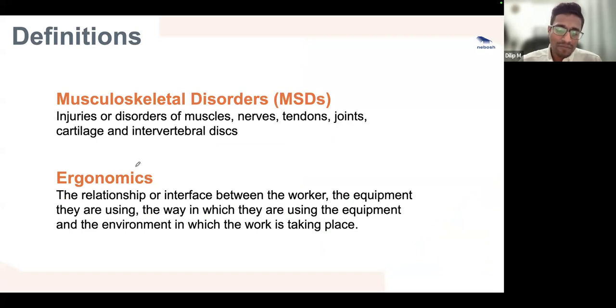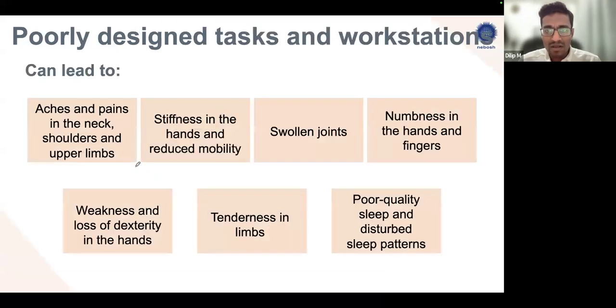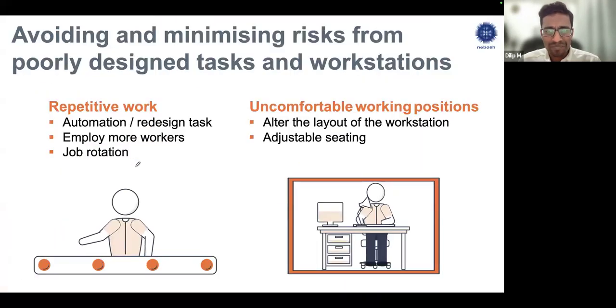So tendons are a tissue. It is a connective tissue that binds the bone to the muscle. So for example,